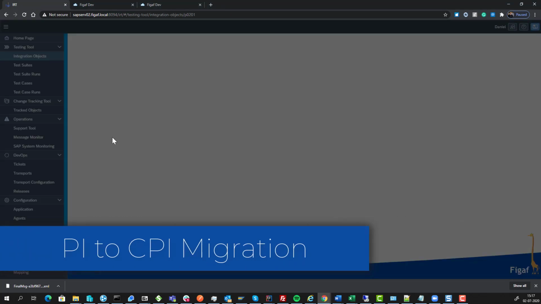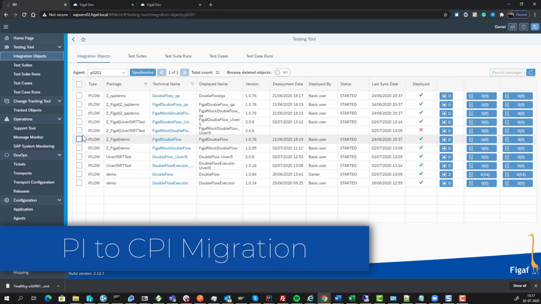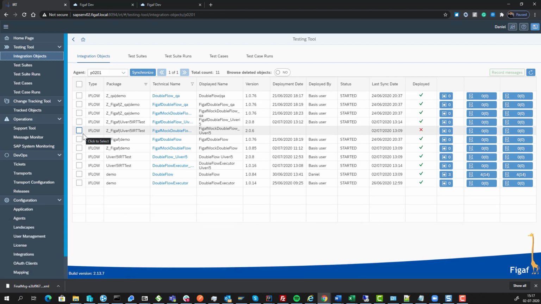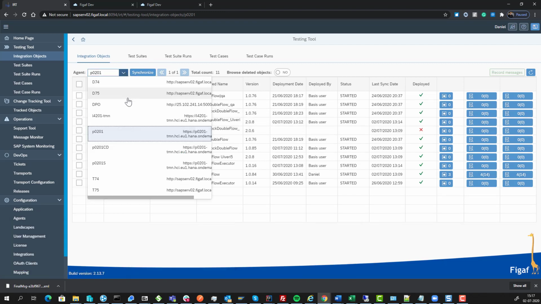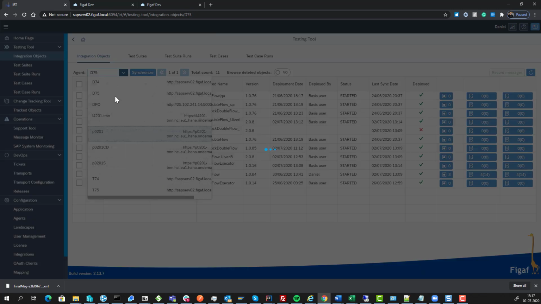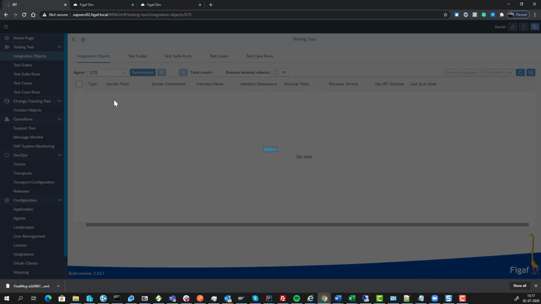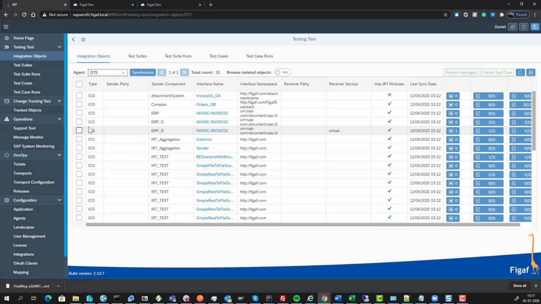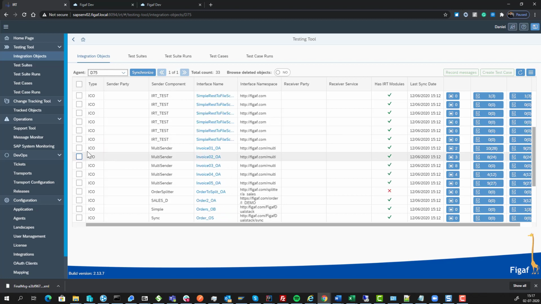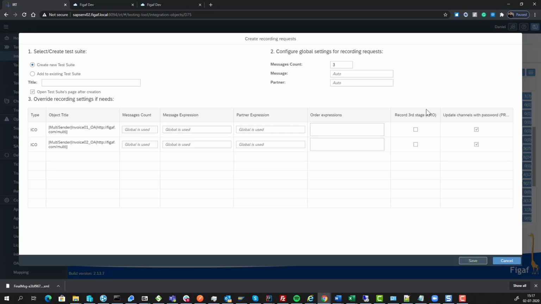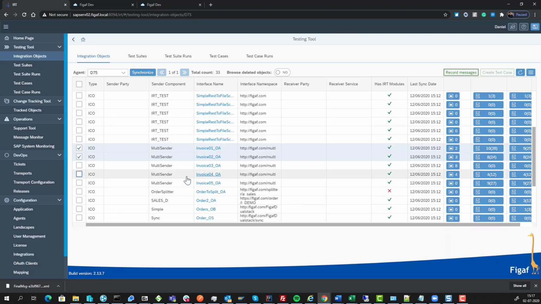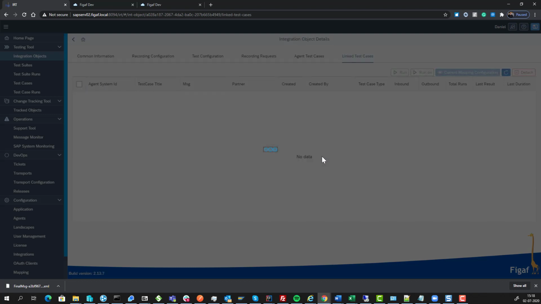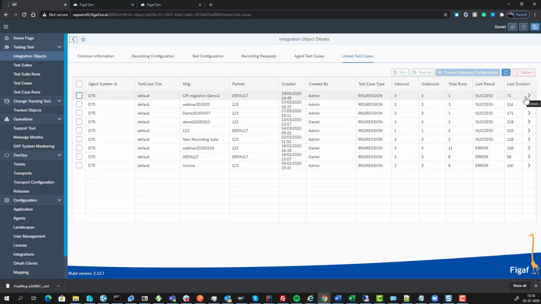So another one we have is that if you, for instance, have a PI you want to migrate, we have a really easy way you can create test cases in the PI world. So here we have a PI system. We can select one or more ICOs. We can create it as a test case just the same way as we did with the other one. Run it, and once we have created one of these test cases, really simple,